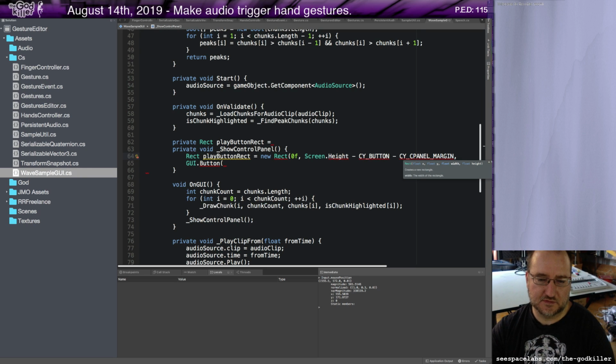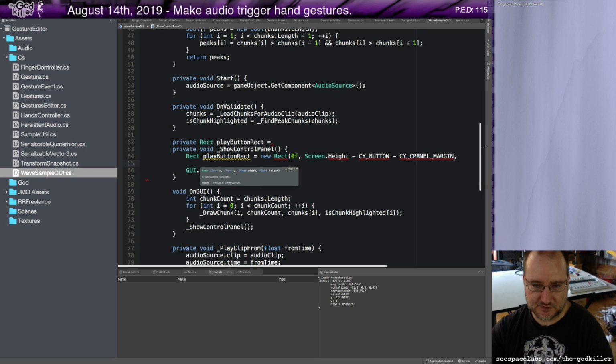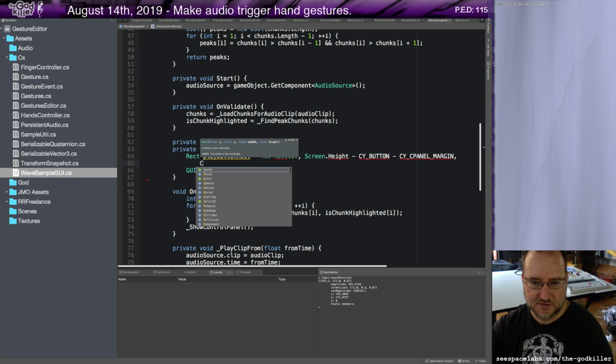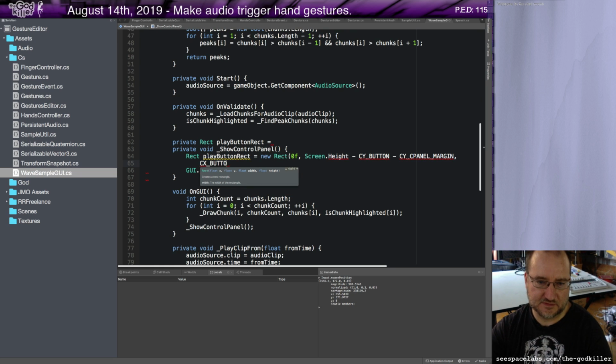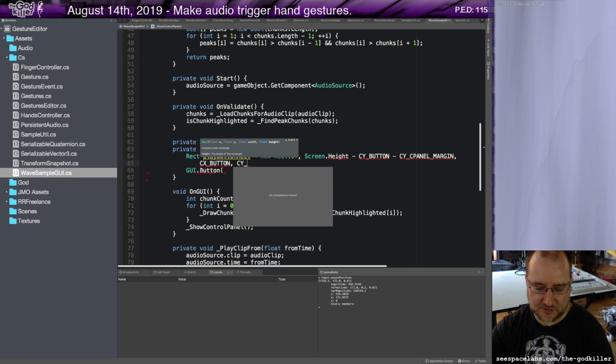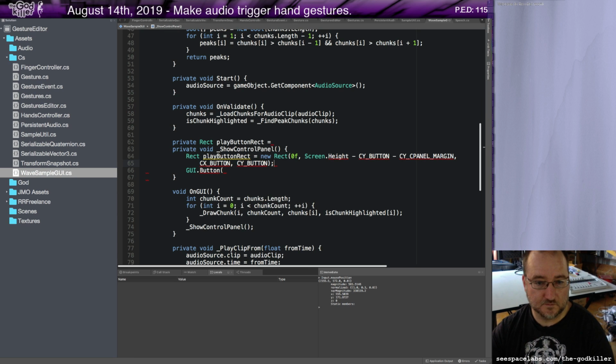Okay. And then the rect here is going to be CX button and CY button. And